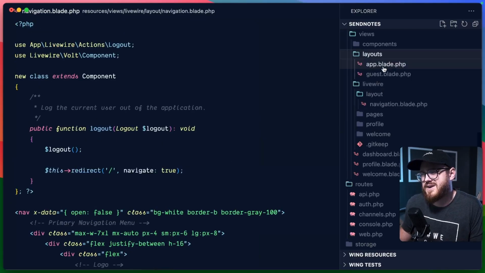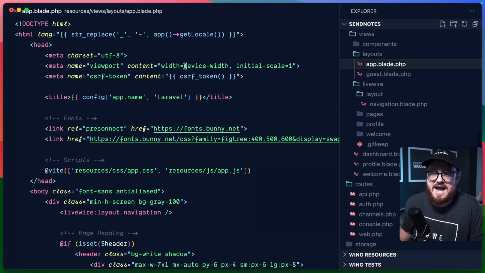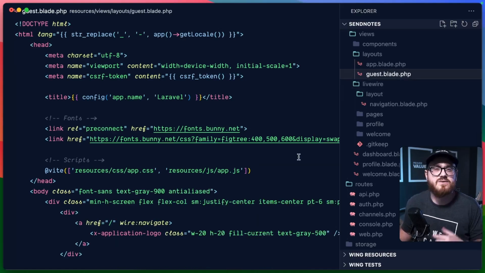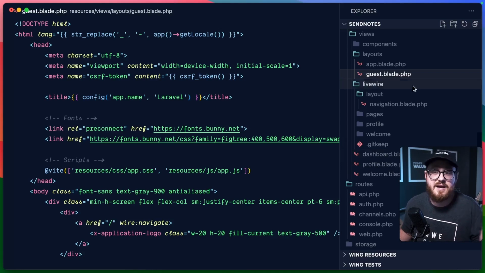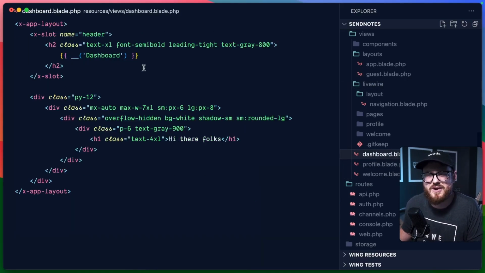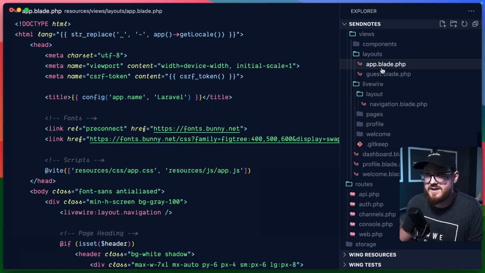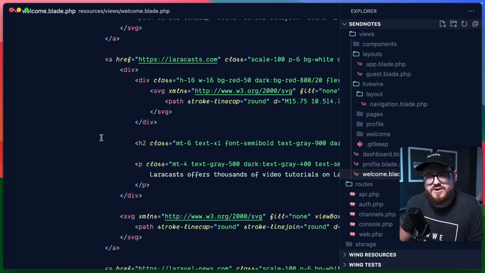And then we have layouts for both our application as well as guests. So the guest is going to be people who aren't logged in. This is the default layout for any view that we create that is not application. And we can actually call that no matter what. So you can see here we have the dashboard view, we have x-app-layout. That just means that we're using the app layout, where if we were to look at welcome, this would be using